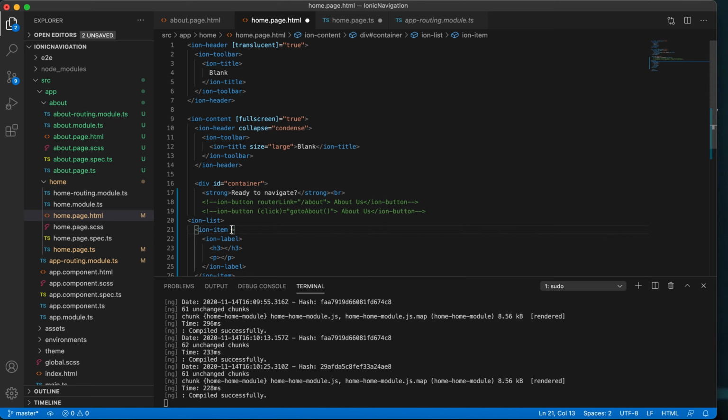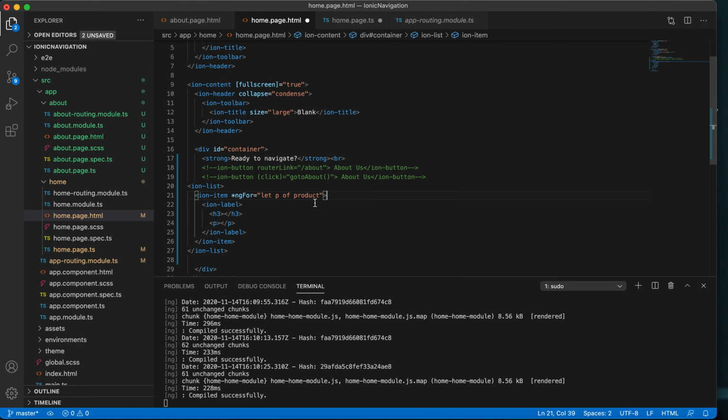*ngFor equal to let p of products. Okay, so I have given the loop. Products here is an array of objects.